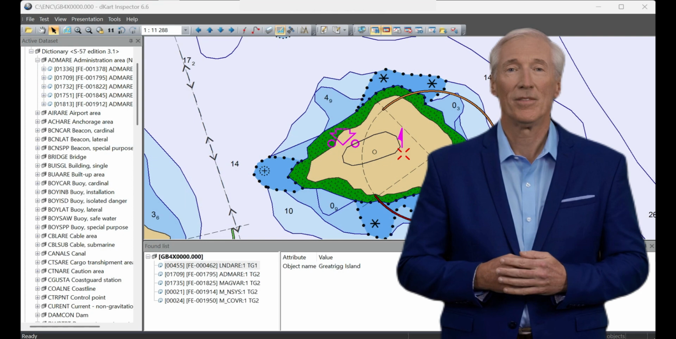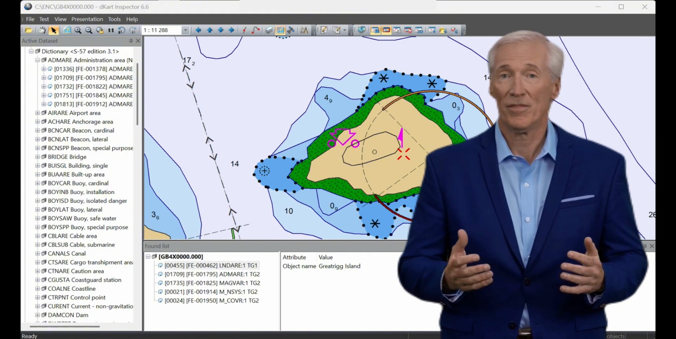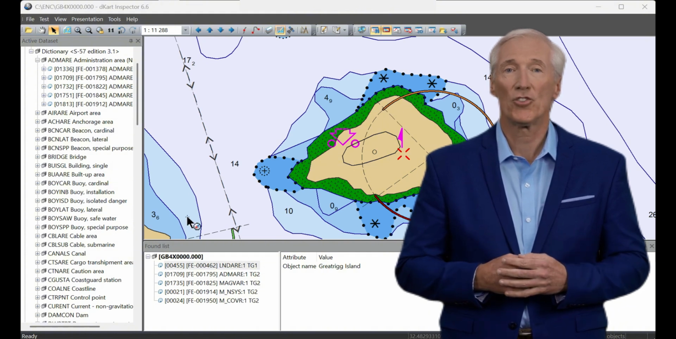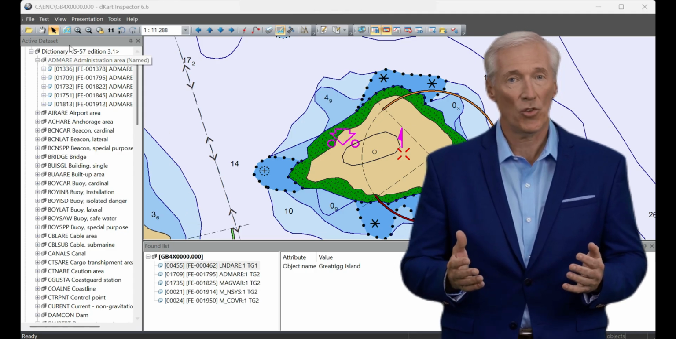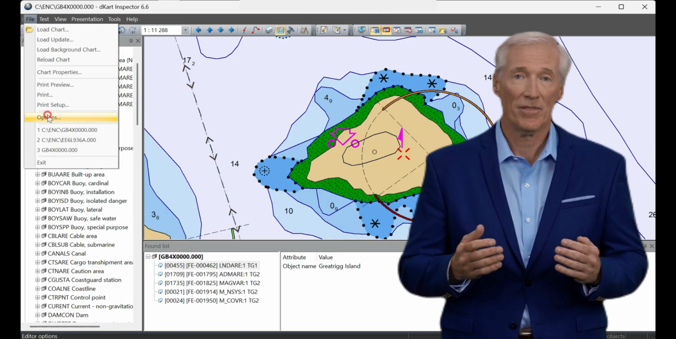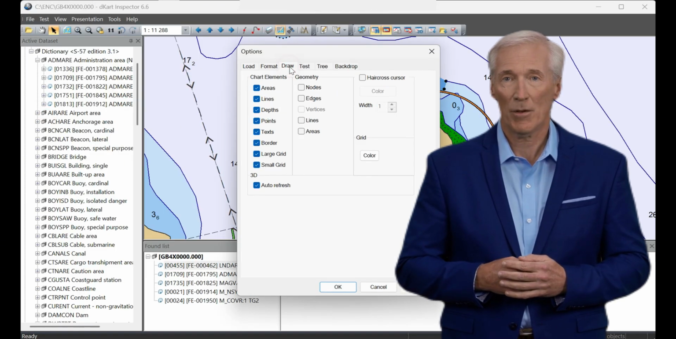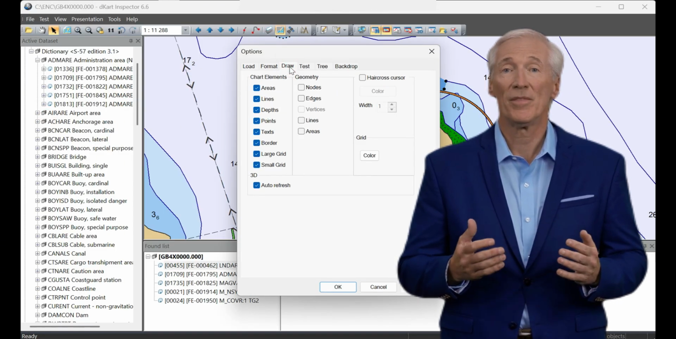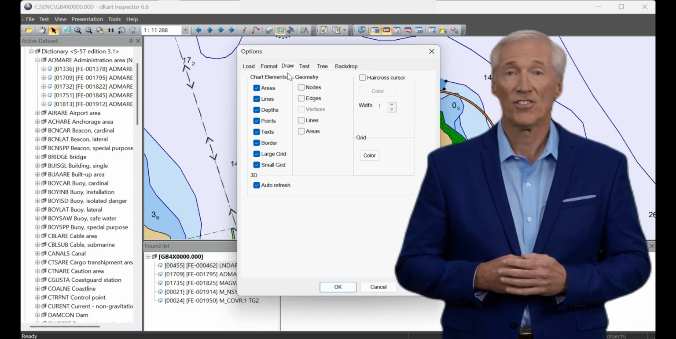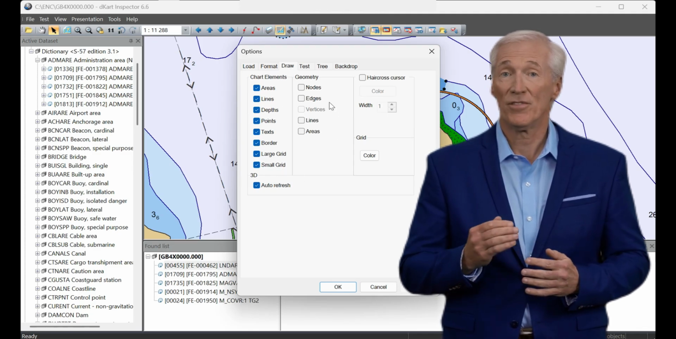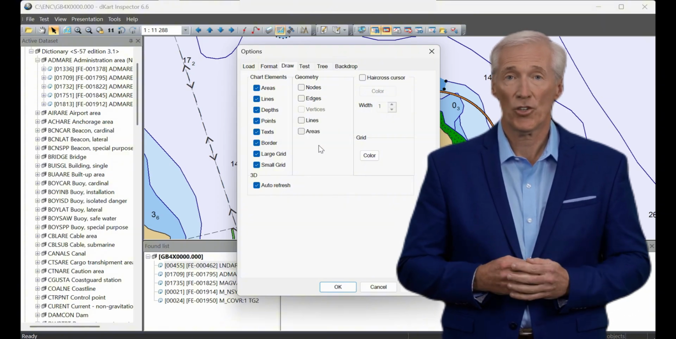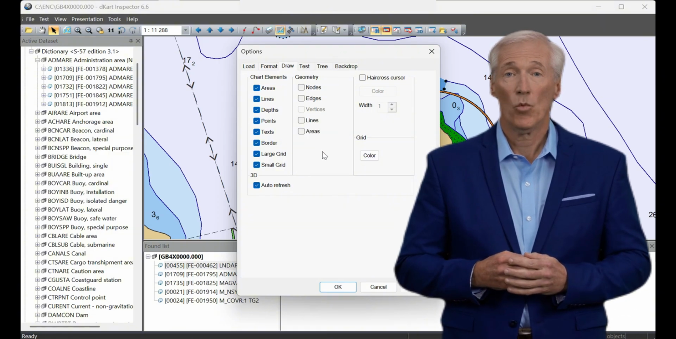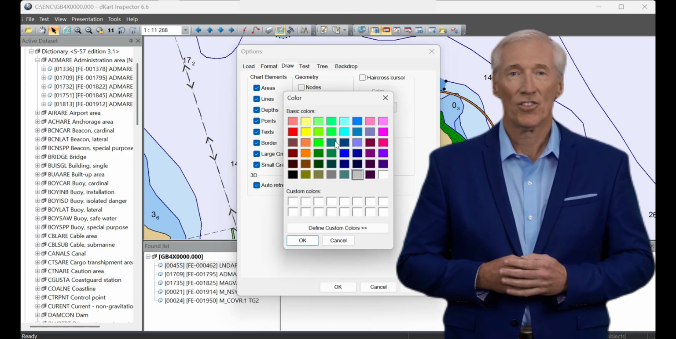Let's move on to chart display controls. You can adjust how the chart looks using the main menu, the toolbars, or the Draw tab in the Options window. In the Draw tab, you can enable or disable the display of graphic chart display elements, geometric primitives, nodes, edges, lines, and areas. You can also change the color of the base coordinate grid according to your preferences or